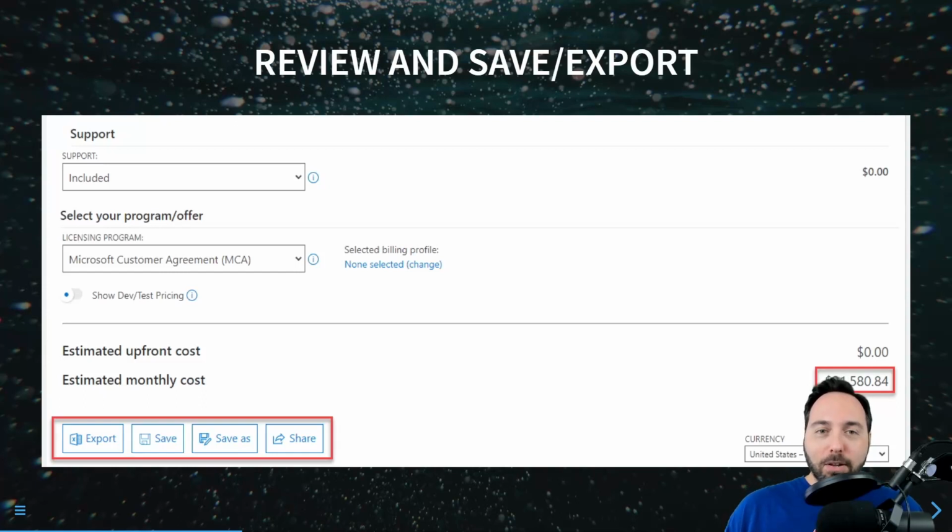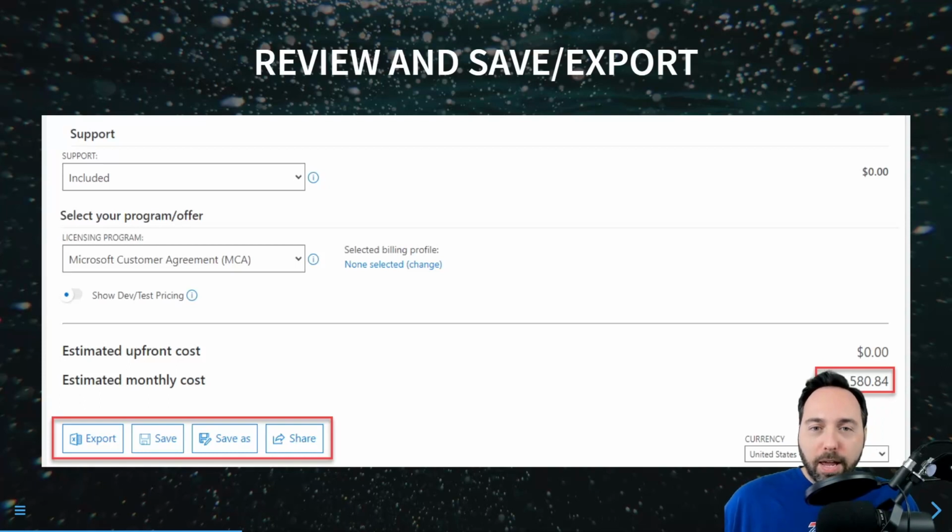We have the ability to look at what is that number, what is the estimation, and then there is, of course, the first option that every business person is ever going to ask about. How do I get this number into Excel? And that's the first button that is there because Microsoft realized that's going to be the first question everybody asks. So we can export it to Excel and it creates a fairly decent spreadsheet for us. We can save this and come back to it later and even share out a direct link. So I could send you a link to the pricing calculator. You could make some changes and maybe share it back with me.